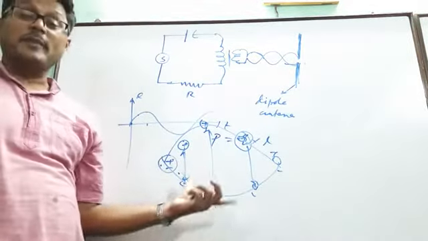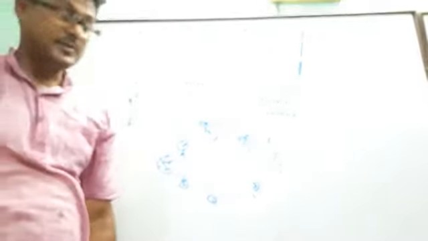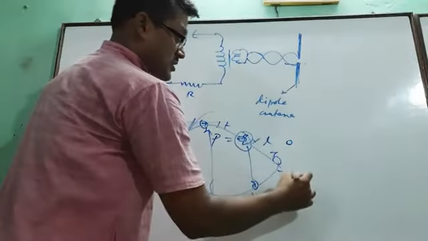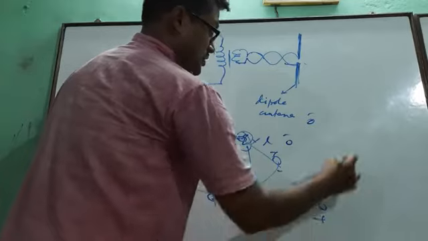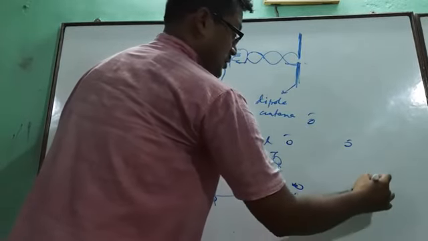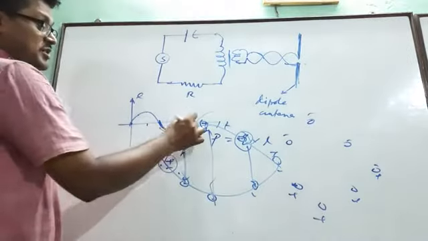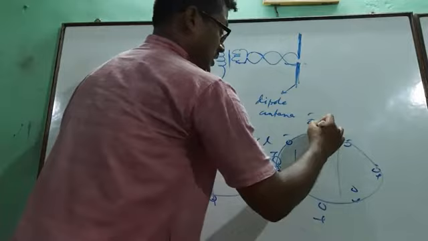As the dipole moment varies, the field developed by the antenna will obviously vary. Now the polarity will change here. This is negative, this is positive. Here it is negative, this is positive. This is negative, this is positive. Again they have combined like this. So this point, this point, this point, this point, and this point. So this will be the variation of dipole moment.